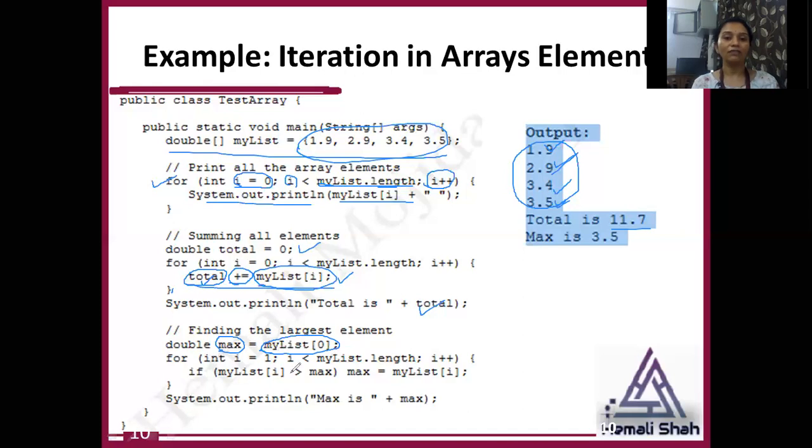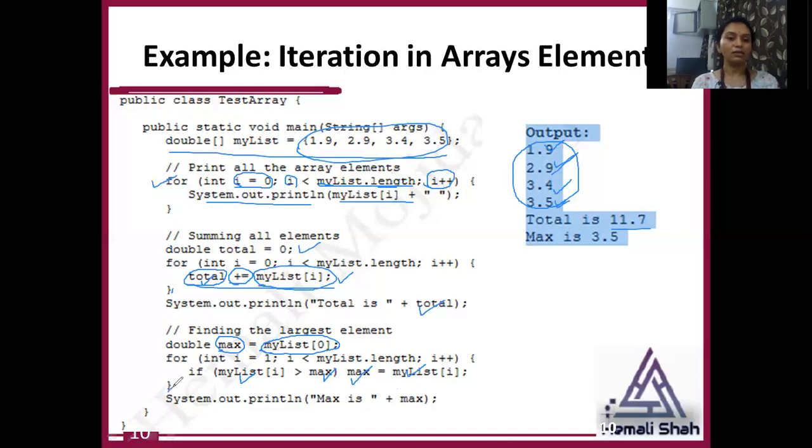Now inside the for loop I am going to compare the second element with this max element. If that second element is greater than the max element, then I am assigning max equal to that element. If this condition becomes false, then I am not changing the max element,